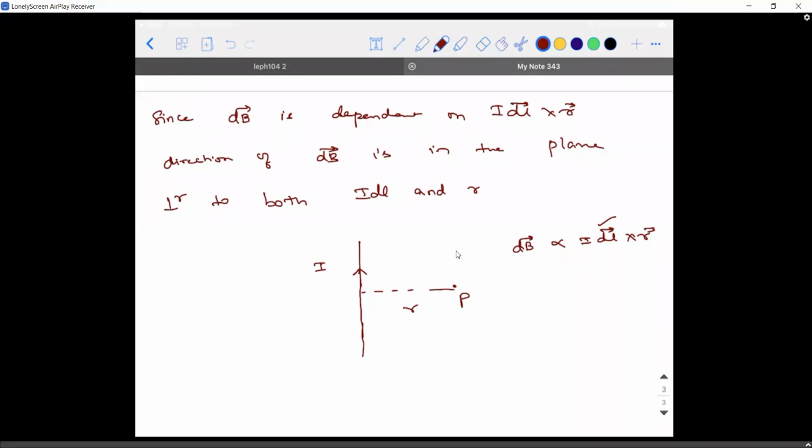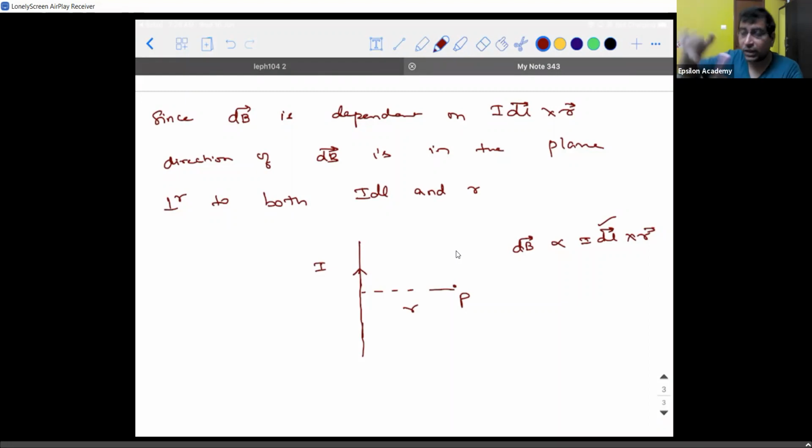Clockwise, sir. So when you turn it clockwise, the same thing you're going to do on top of the book also. When you turn it clockwise, then the thumb represents the direction of the resultant. So in this case, it is going to be into the plane. So magnetic field on the right hand side will be into the plane. If I take a point P dash here, tell me what is going to be the direction of magnetic field at this point.